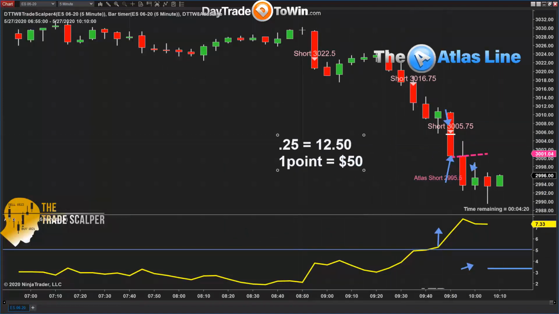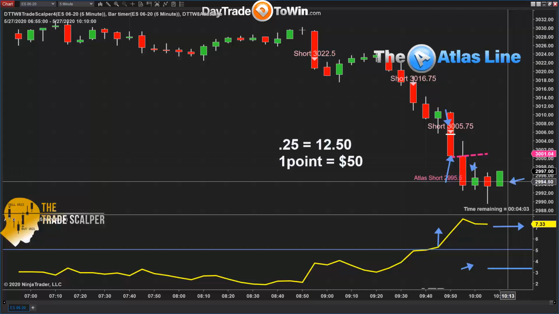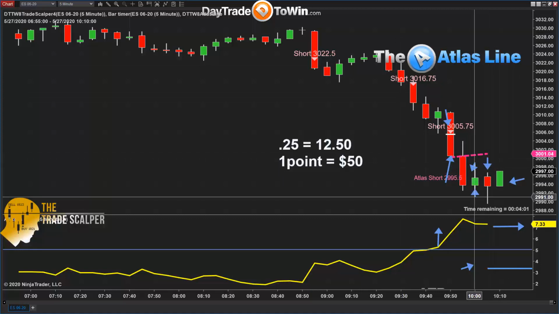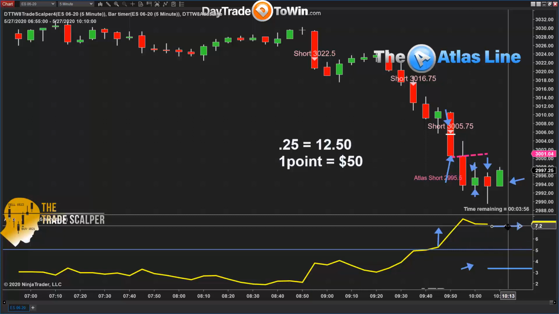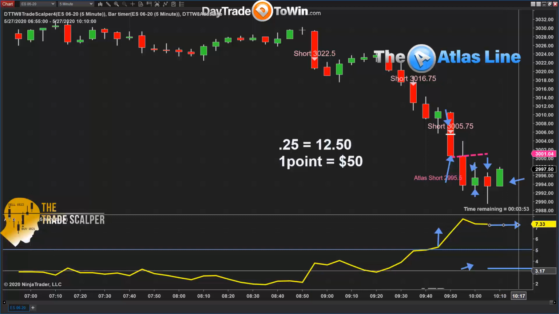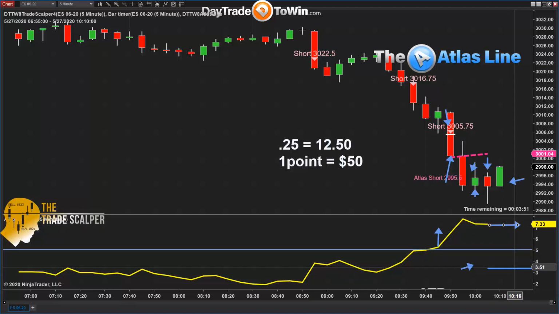This is a 5 minute chart here, and you can see that the ATR is at 7.25. So it's hard to trade at this type of volatility on a 5 minute chart. That means every candle, this candle, this candle, this candle, is moving from high to low 7 points. So the problem is that the market is moving from high to low 7 points. That's a huge stop.